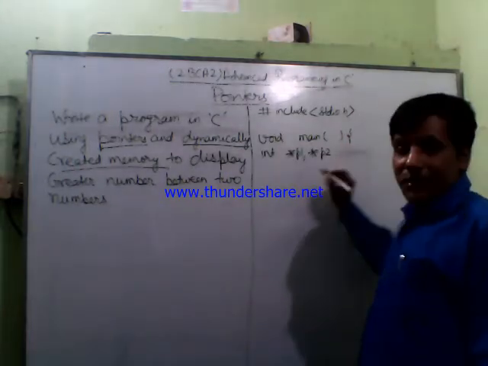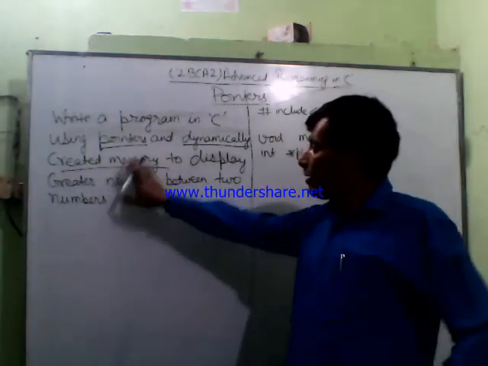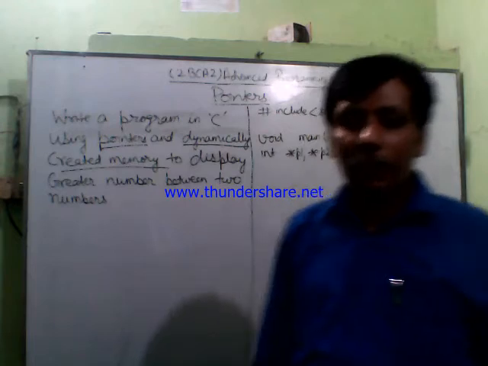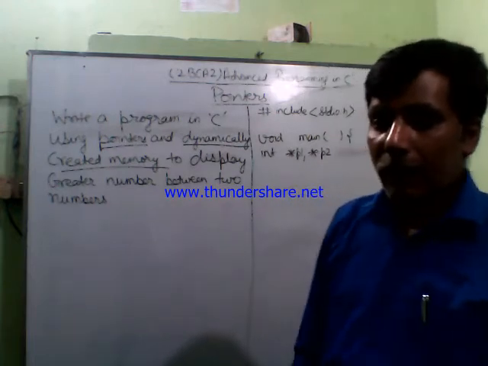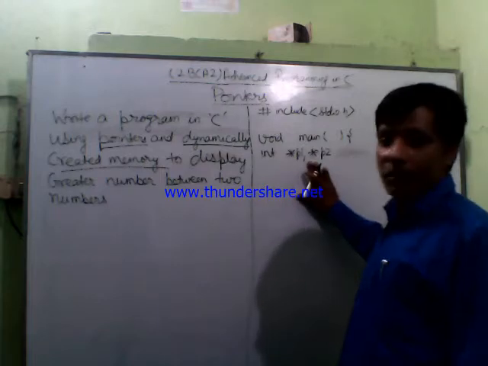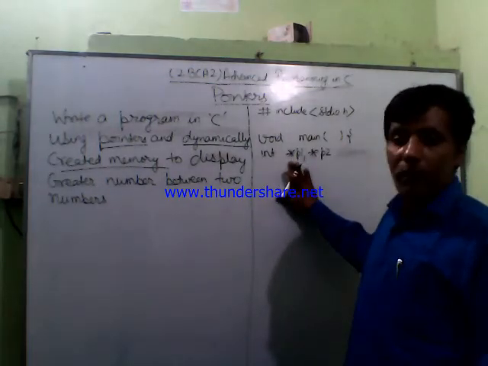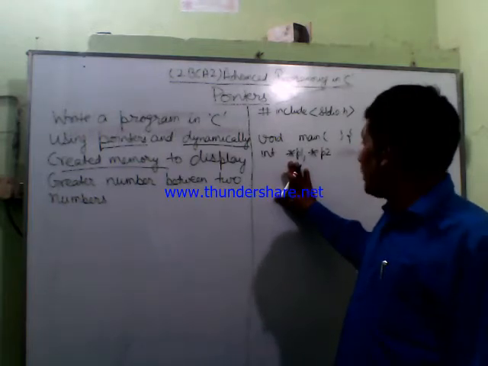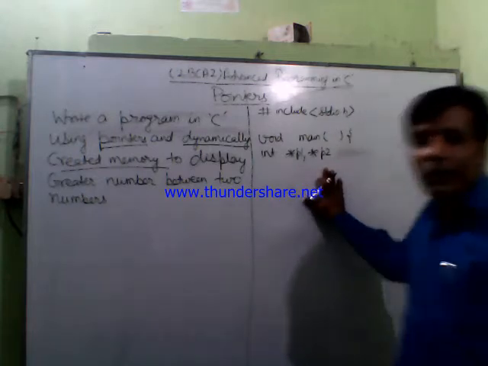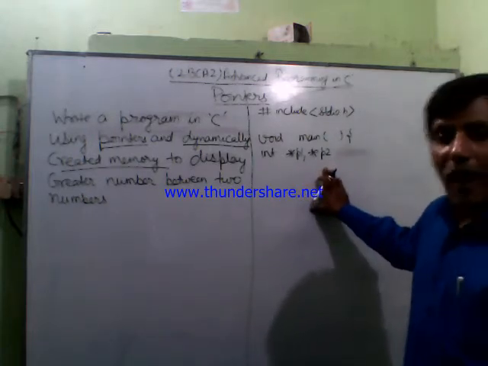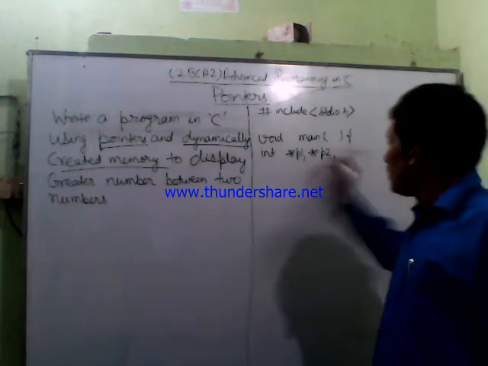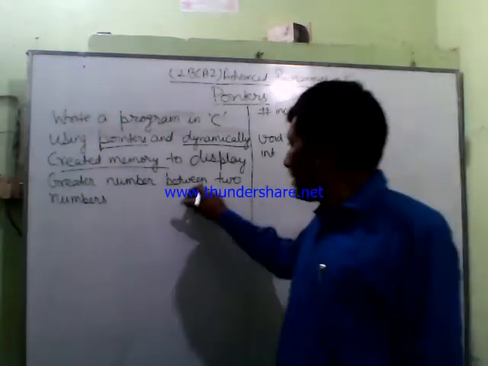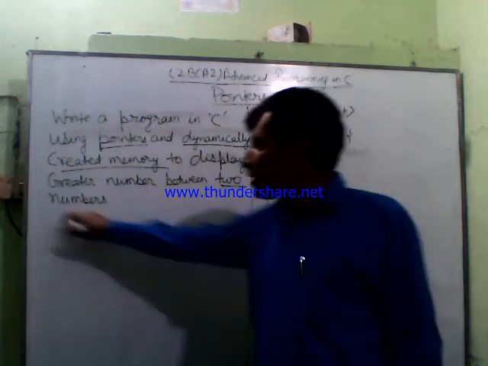As the question states, I have to declare some pointers that will store the address of dynamically created memory. I have declared two pointers on the board. One will store an address of dynamically created memory and another will store another dynamically created memory's address. I have declared only two pointers because I have to deal with only two numbers in my program.